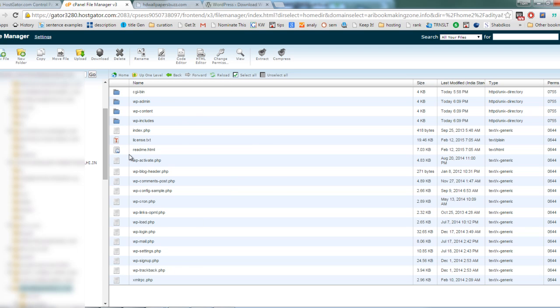Okay, now we have created the SQL database. We have all the details with us, right? And we also have uploaded the main files that we required, and we uploaded them in the right folder. And now we can move to installing and entering the database details. Just type your domain name, and